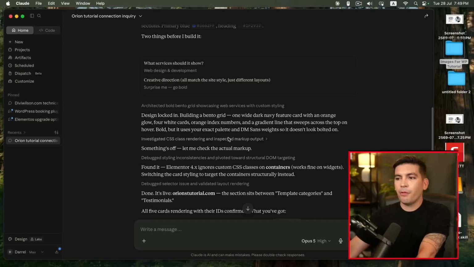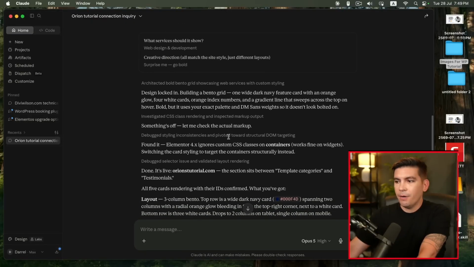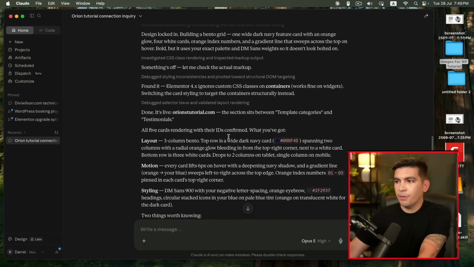Okay, so that took about 3 minutes to do this. Now here you can see that it is confirmed. It says it sits between the template categories and testimonials. So let's take a look. So the first